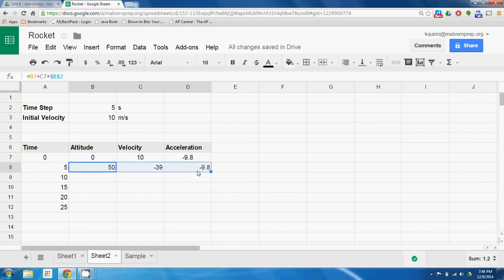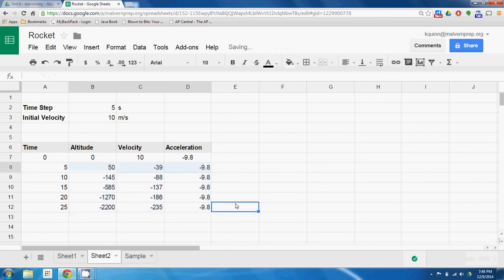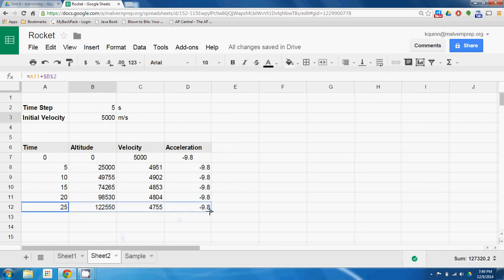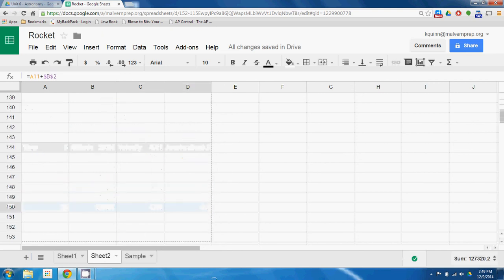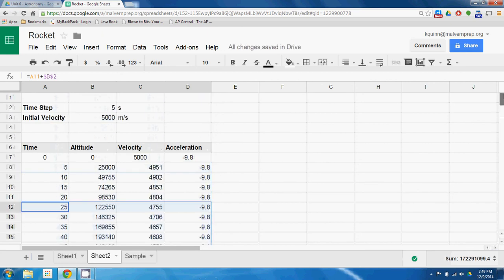So now that all these cells work, I can click all of them, drag them down, and I now have my information. Now, this problem doesn't really make sense as a rocket because it's saying I'm going in the negative direction by 2,200 meters, quite a long way. But if I were to, say, give myself a big initial velocity, like 5,000 meters per second, it works fine. I would recommend that you take these numbers and drag them down quite a ways. I went to about 500, but I'm just going to go to an arbitrary spot for now because I'll keep working with this